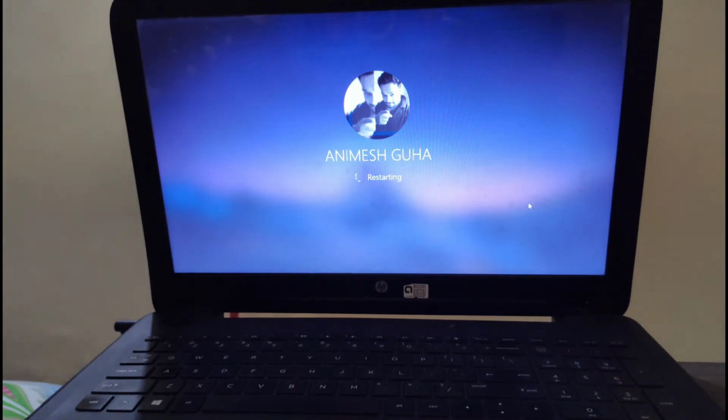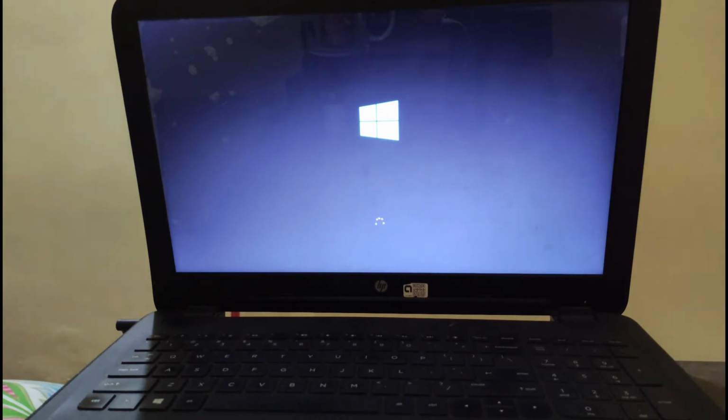I'll forward it a little bit. So it's rebooting. The first few reboots will take some time, see, directly it opened Windows. You don't have to worry. After this reboots, you just directly open your Windows password or anything, if you are having. You just give the password and everything and just open it.